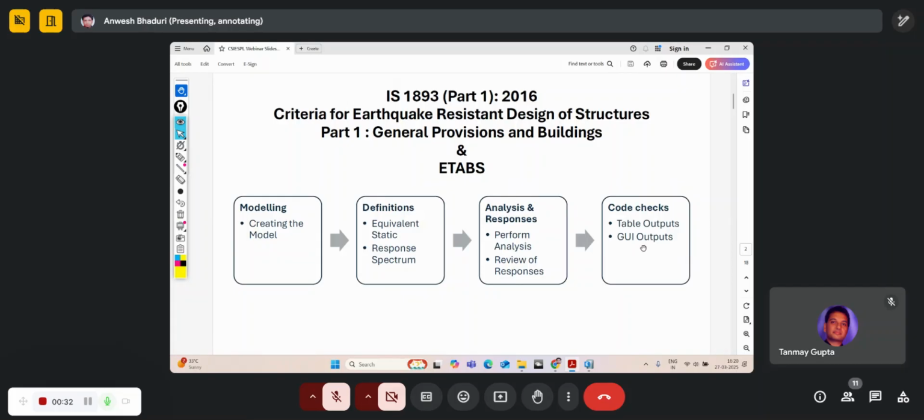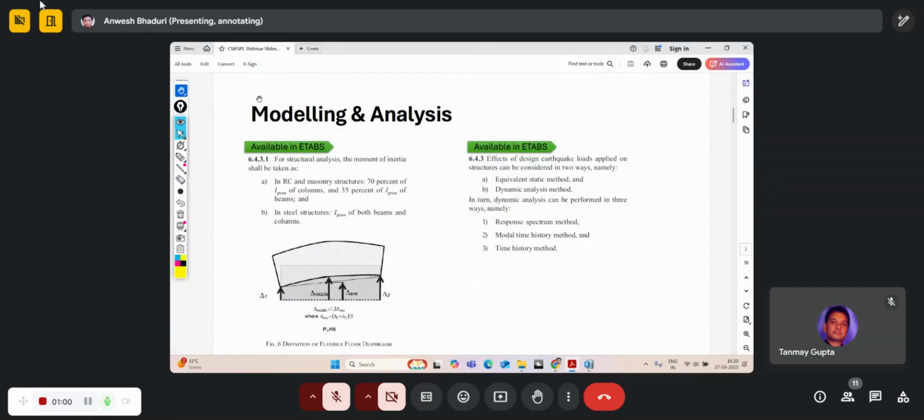That we had seen some of the graphs in the previous class for the static load cases, right? For the equivalent static analysis, where we had seen some of the story shears and the displacements, right, and the drifts in the form of a graph, right? So similarly, we'll be getting a lot of results from the dynamic analysis as well. Okay. So now, in the modeling aspect,